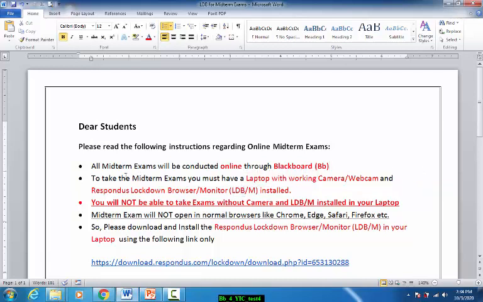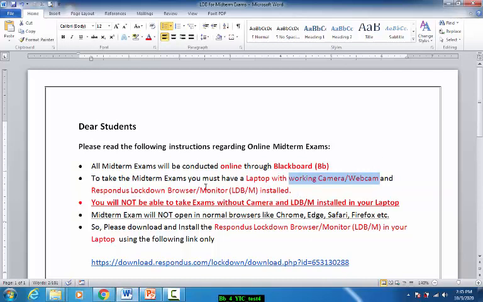Normally, we should instruct the students to take the midterm examination on a laptop. They must have a working camera or webcam with the laptop, and the Respondus Lockdown Browser installed in the computer.